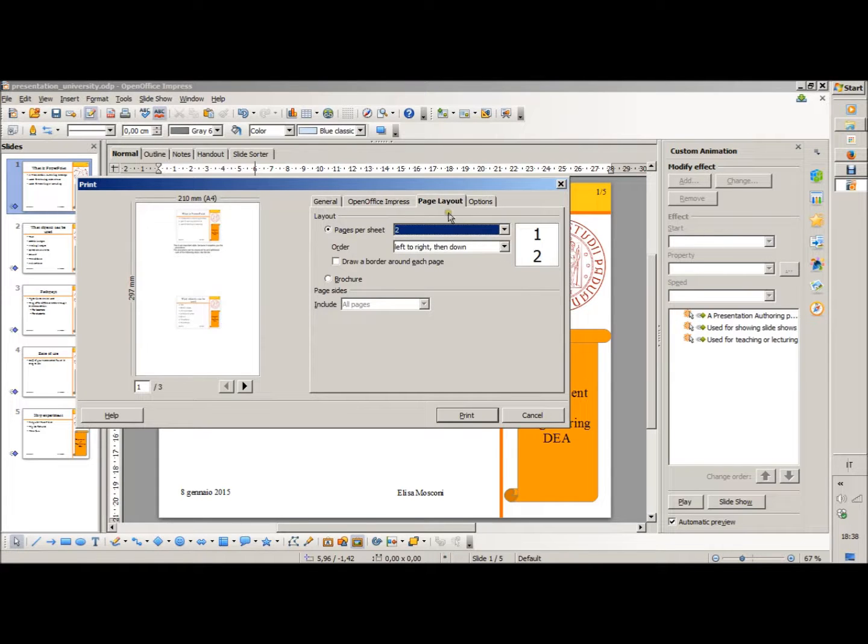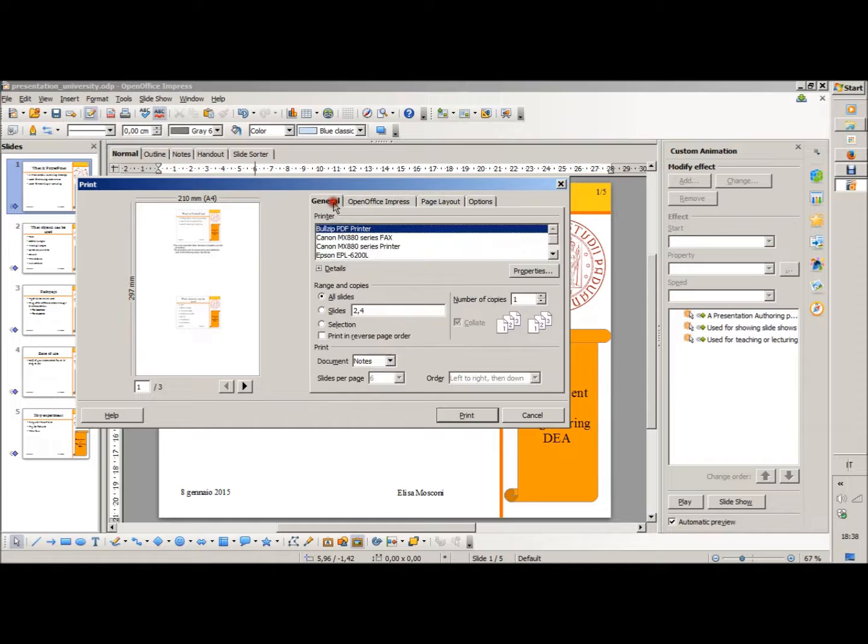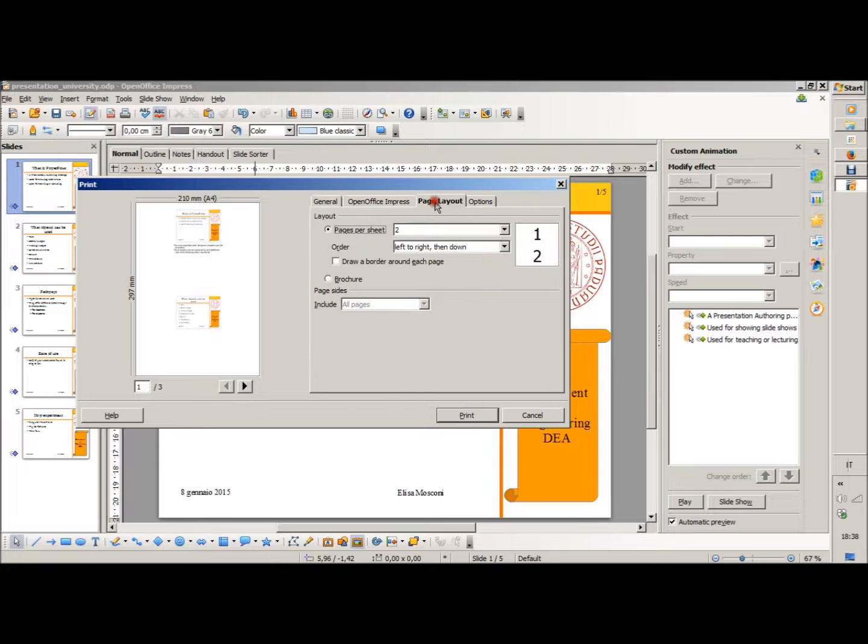If you need to print slides with notes and to print more slides per page, you can choose Documents, Notes. Here nothing can be changed, but if you click on Page Layout, you can choose how many pages